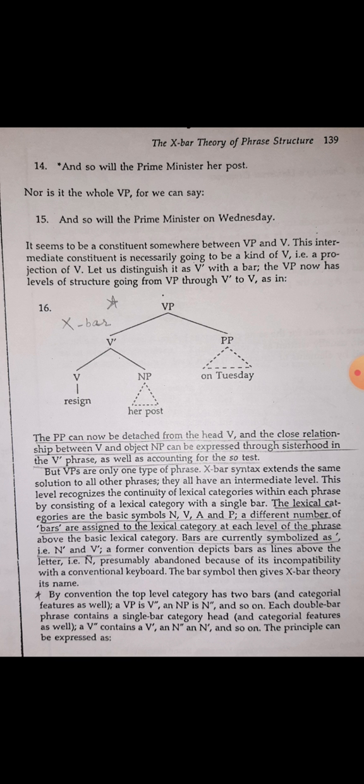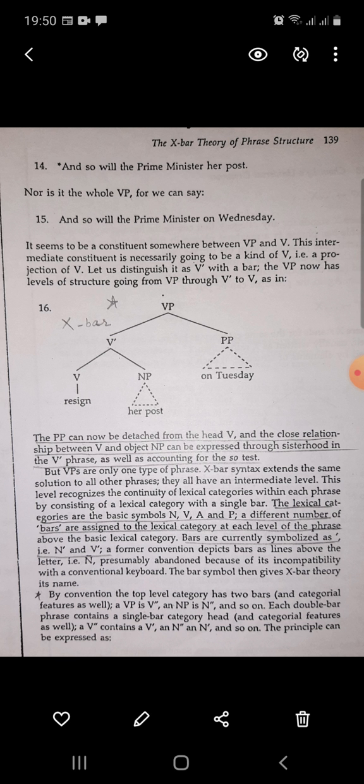The prepositional phrase can now be detached from the head verb, and the close relationship between the verb and the object noun phrase can be expressed through sisterhood in the verb phrase, as well as accounting for the SOAT test. So the lexical categories are the basic symbols: noun, verb, adjective, and preposition. We know very well that whenever we have a head for some phrase, that head is denoted as N, V,